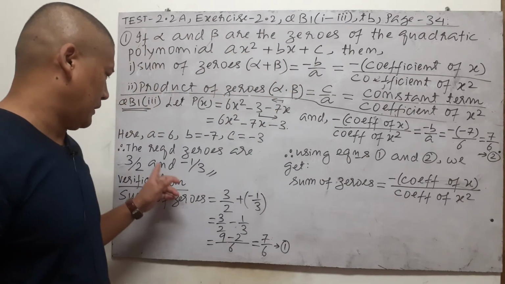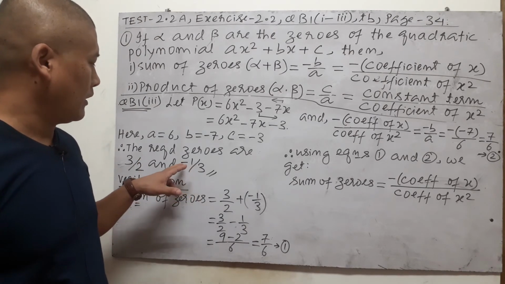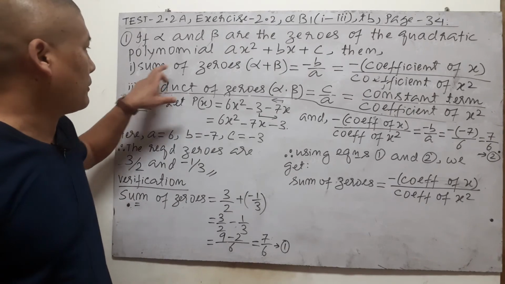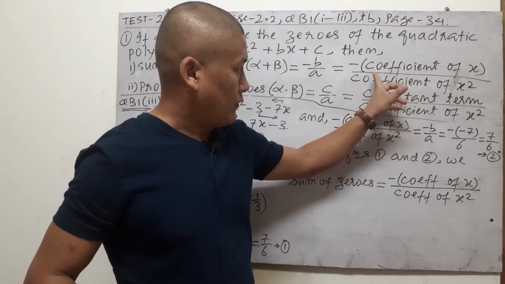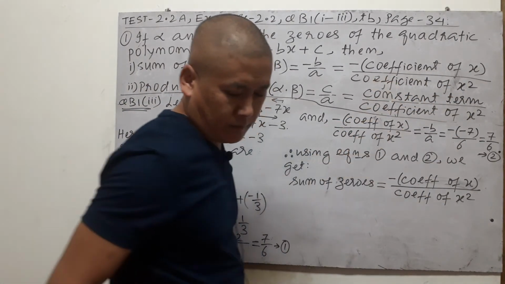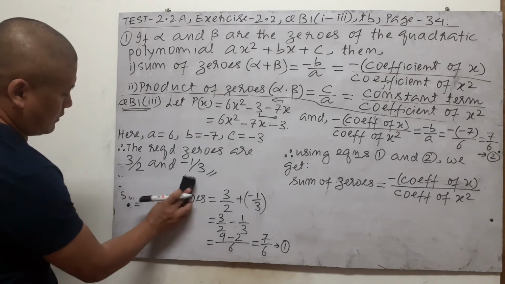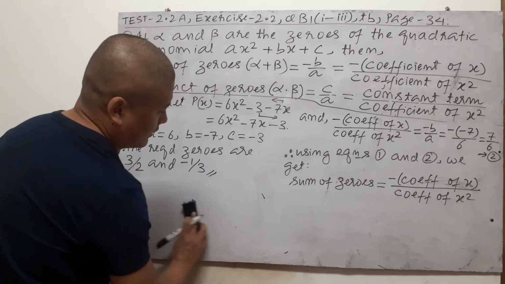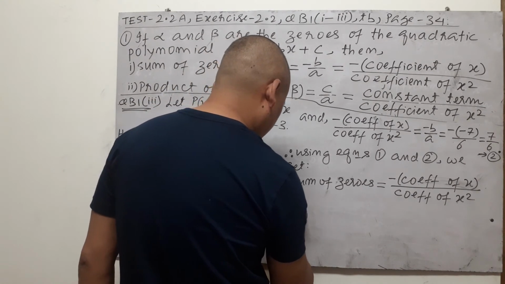That means the values of the zeros 3 by 2 and minus 1 by 3 are correct when we verify them in terms of sum of zeros with the coefficients of x and coefficients of x square. But then we have to verify it in terms of product also. So let's go there. Next, product